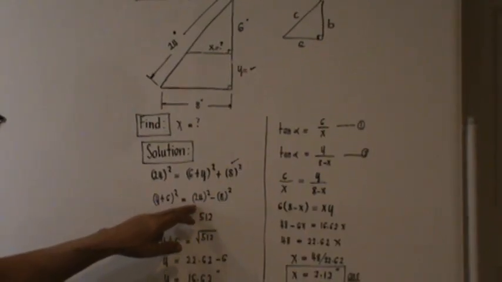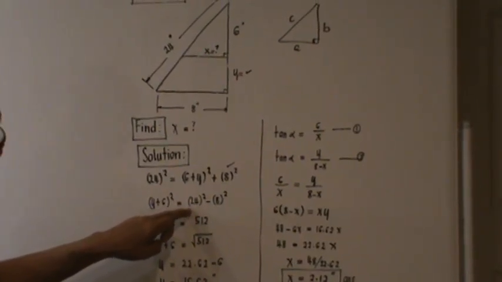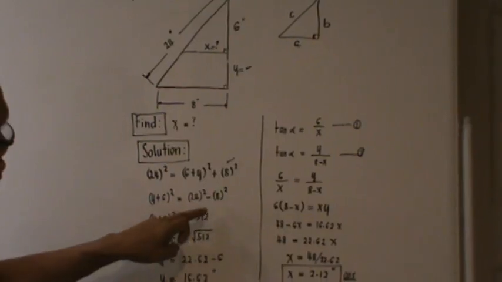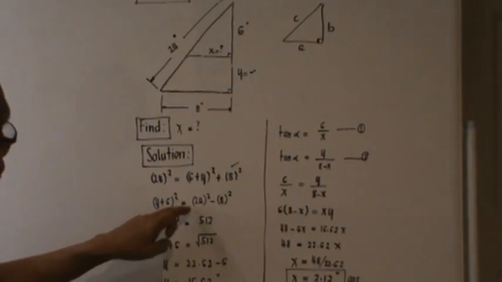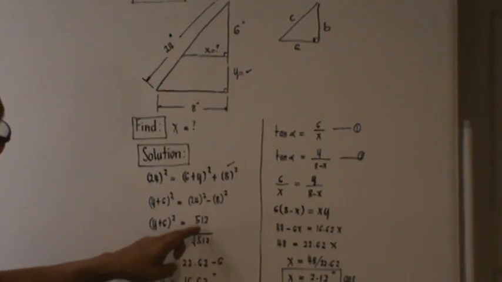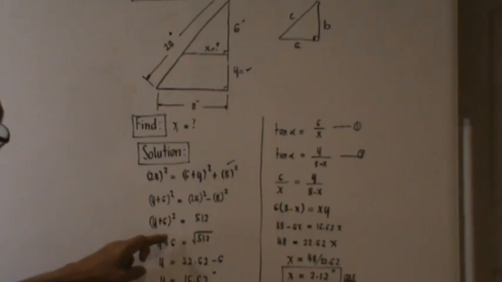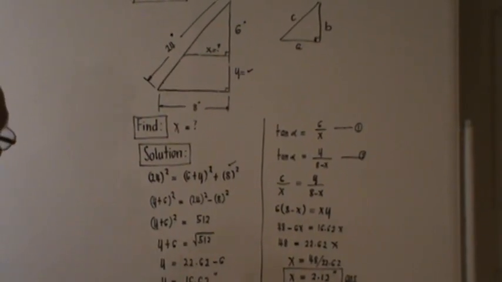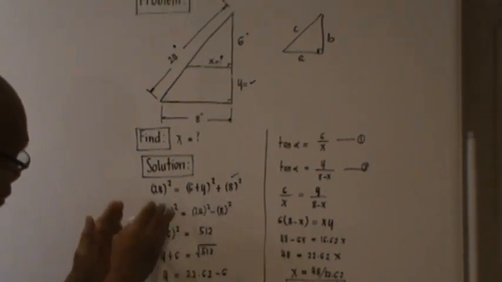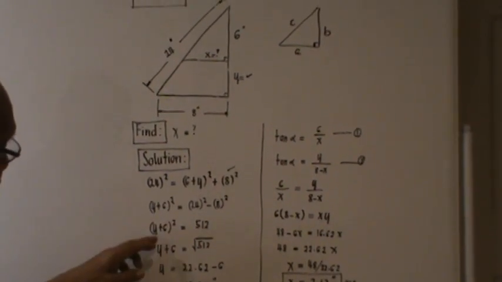24 square is 576. The square of 8 is 64. 576 minus 64 is 512. And that should be equal to y plus 6 quantity square. The unknown y is inside the quantity. So to compute for y,